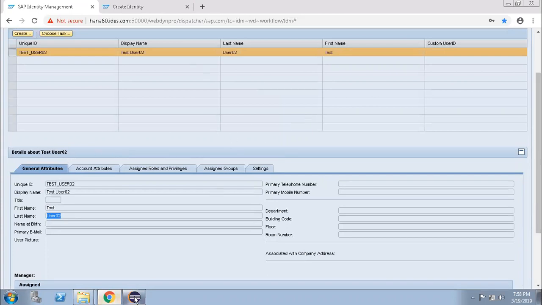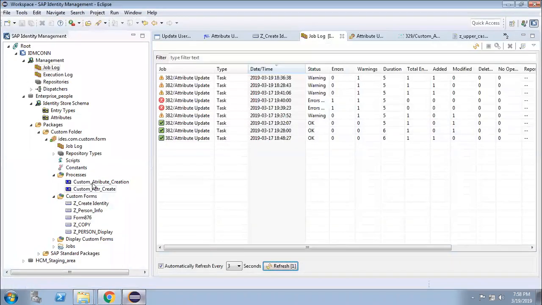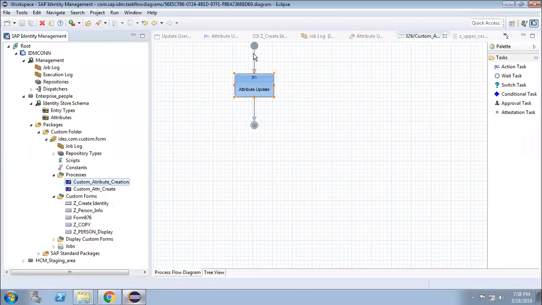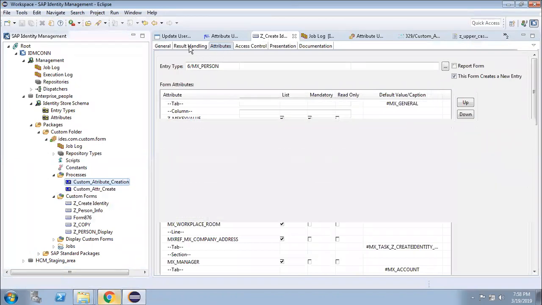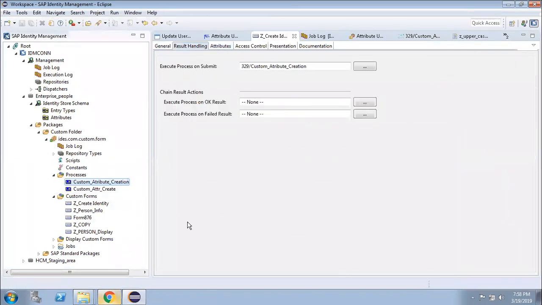Yeah. Now the question is, I have created this process, so when I submit this form, how is this process triggered? The process is triggered from this result handling tab. Execute process on submit. I selected this process.